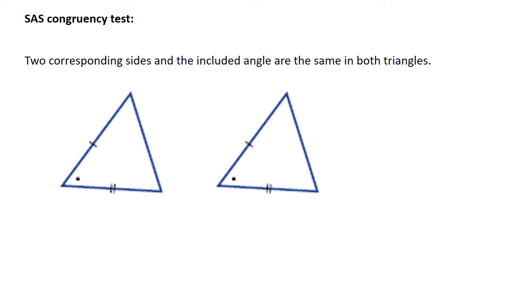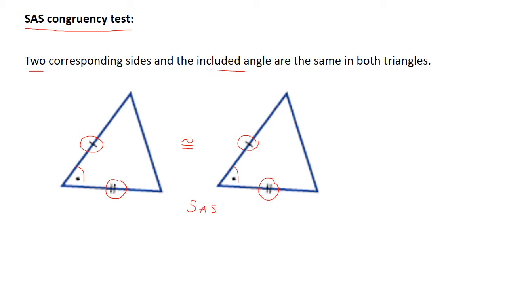The next rule is the SAS Congruence Test. This one's my favorite. This one says that two corresponding sides and the included angle are the same in both triangles. So if we have a look at this triangle, this side is the same as this side. It's the same length. This angle is the same as this angle, and this side is the same in length as this side. All right, so we could say both the triangles are congruent with our little congruency sign because of the